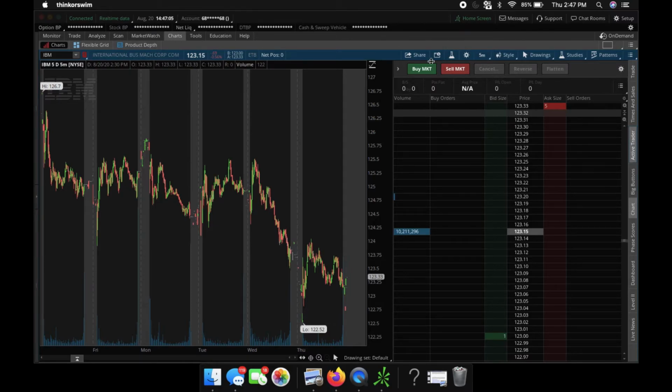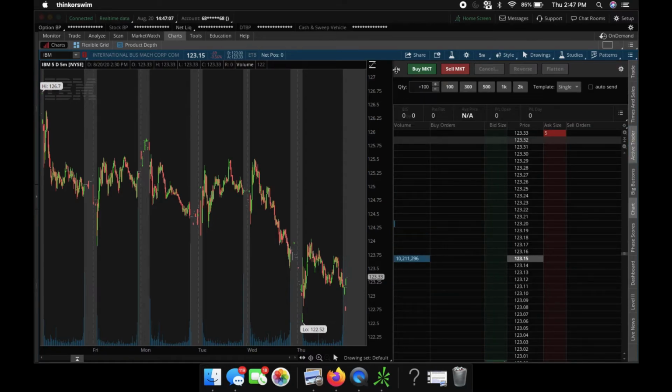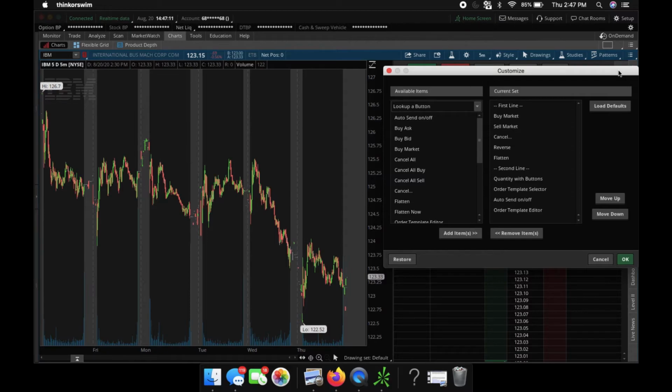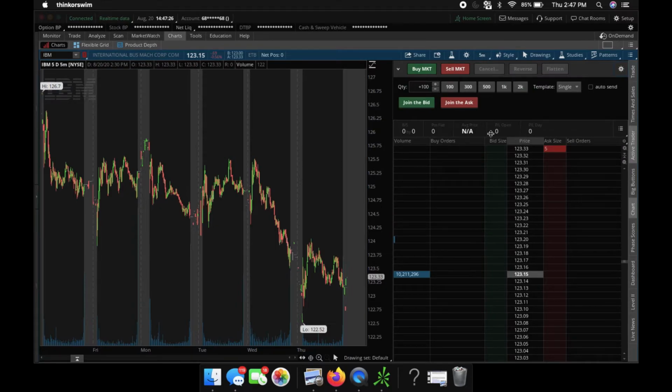Now, another thing I like to do here is go over to the settings of the Active Trader, so then it has options, right? So here are all the options. I like to have buy the bid. So let me click it and then click add item. And I also like to have sell the ask. So let's find sell the ask. Here we go. So there we go. Now we have join the bid and join the ask. Instead of hitting buy market, sell market, I like to do this. And then if you want, you could also have sell the bid and buy the ask, which I do that